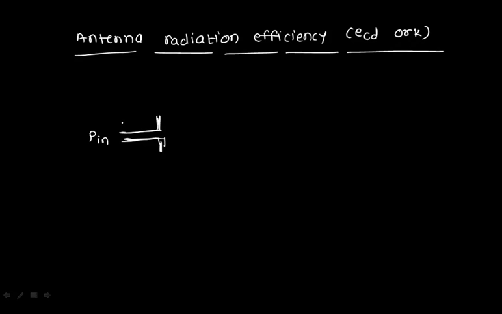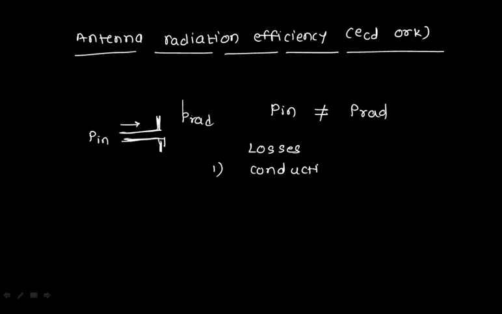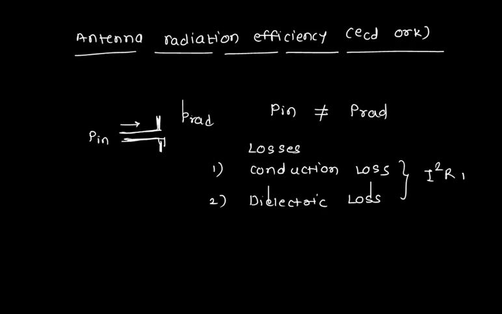So whatever P out or P radiated, your P in will not be equal to the P radiated. Why will it not be equal? Because it suffers from two losses. Which are those two losses? One is the conduction loss, and the other one is the dielectric loss, and collectively these two losses are called the I square R loss. These two losses of an antenna are very difficult to calculate, and so they are actually measured. Even after measurement, they are difficult to separate, and they are lumped together to represent the loss